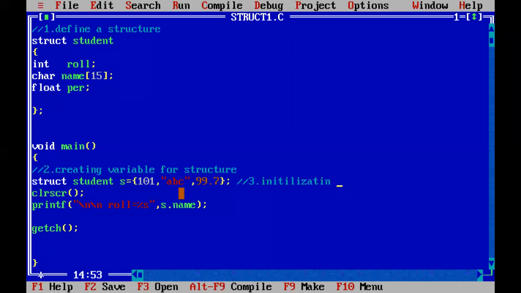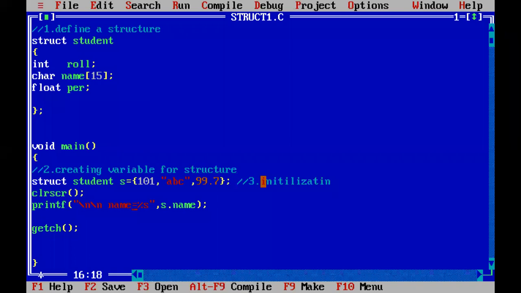But when you are printing a name, you should not write roll number, so change it to name. So you are accessing the name in S1 and printing it in the place of percentile S, and the remaining is printed as it is.